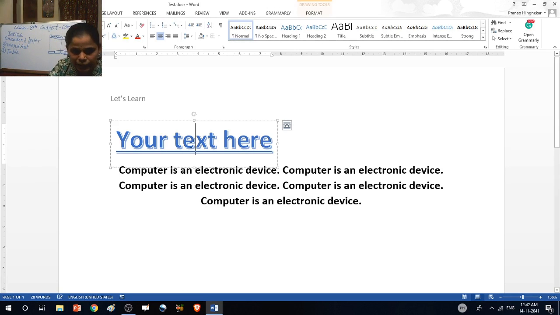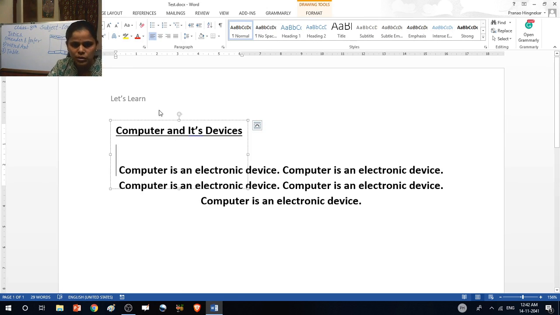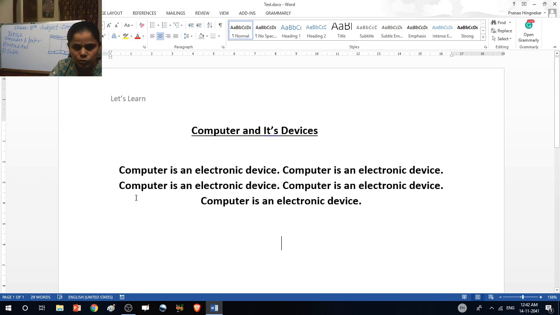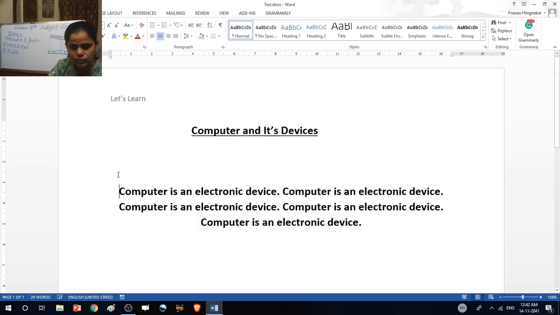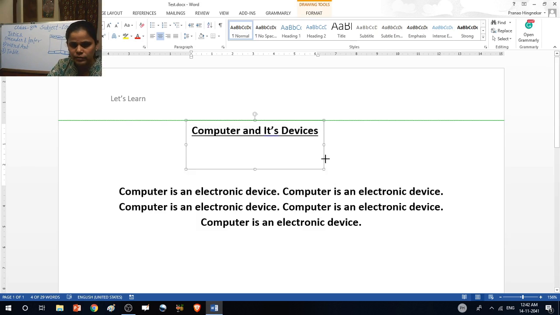Okay, then click here and press Control V. So this is our heading. You can move this heading where you want to move. Here, make some space. Okay, so this is our heading.